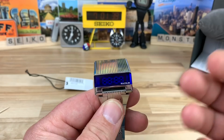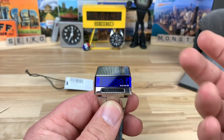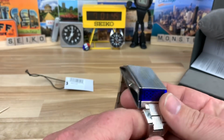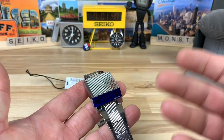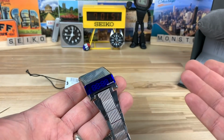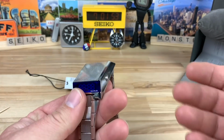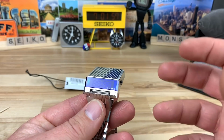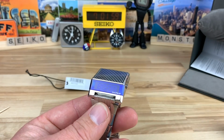I don't think this is going to be like an everyday watch for a lot of guys. This is going to be a little bit of a wild card, a little bit of fun. Maybe you're going out or something like that, and you want to capture that late 1970s vibe that the original model was released in. If you're like me, I'm a 1980s kid, and I'm super nostalgic when it comes to